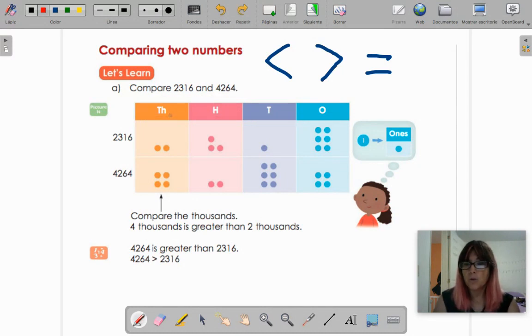So, to compare two numbers, like here, we can look at the example. First, we build it, 2,316. So we put 2,300. Remember, the 1 means 1 of 10. But we say 16 because 1 ten and 6, a 1 and a 6 is 16. And then we build the other number,